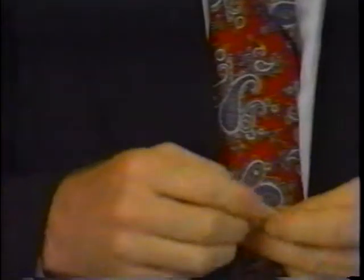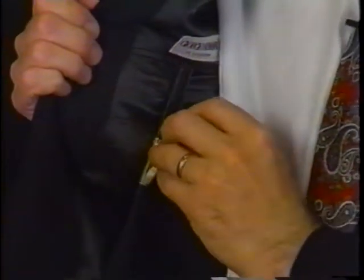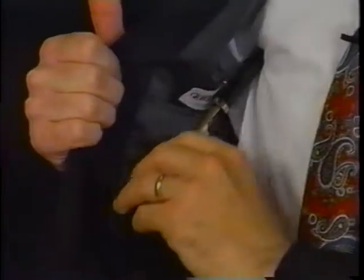Now, the routine that we suggest is by tearing a dollar bill in half. Half is left with the spectator, the other half is vanished under a handkerchief or by your favorite method. Copying the bill, you simply load it in, or whatever you wish to use, a billet or a message. You load it in this way. You simply insert it in the pen, and as you remove the pen from your pocket, you push it against